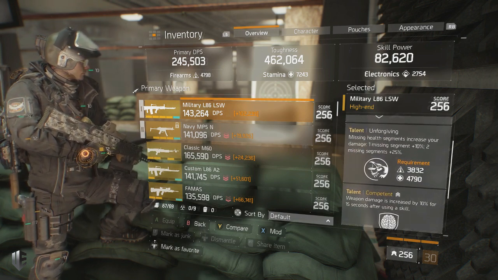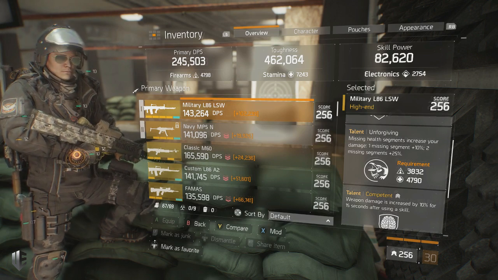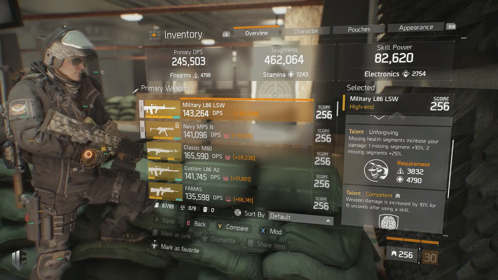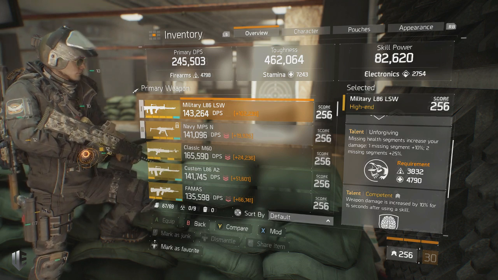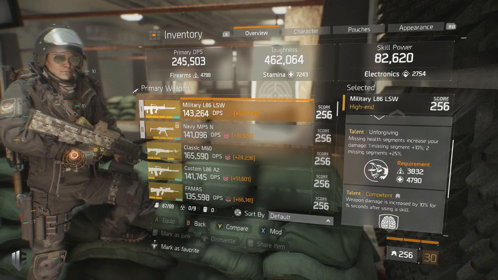Competent is essential. Unforgiving is a great talent to run, especially on console, and especially with a light machine gun, because over the time that you are face trading with an enemy and you are losing health, you will increase your damage, allowing you to win more face trades. Because of your high toughness, you are going to be reliably operating under 2 bars or under 1 bar of health, and then proccing specific bonuses at will to win